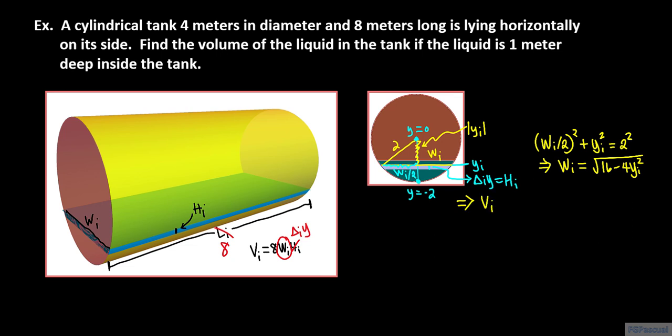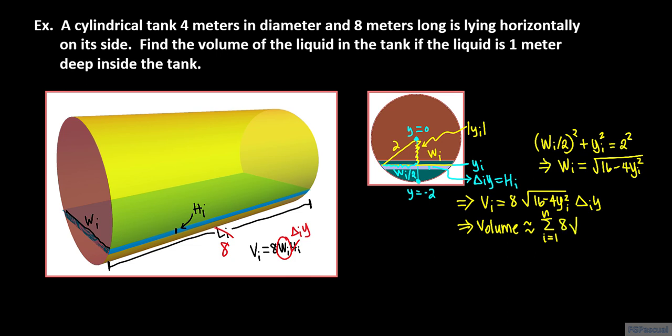And so we have v sub i equals 8 times w sub i, which is equal to the square root of 16 minus 4 y sub i squared, times h sub i, which is delta sub i y. Now this is the approximate volume of just the ith section out of n sections. Therefore, the volume of the liquid in the tank is approximated by the sum from i equals 1 to n